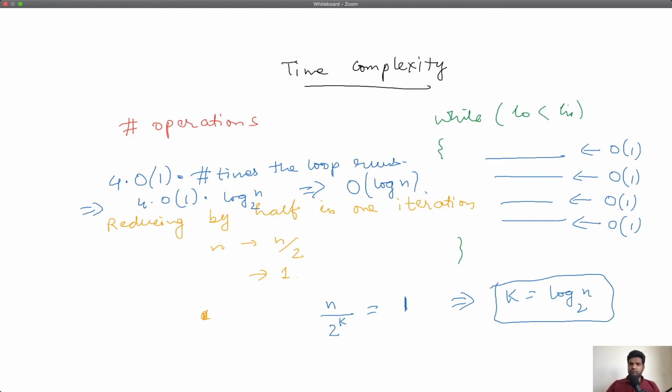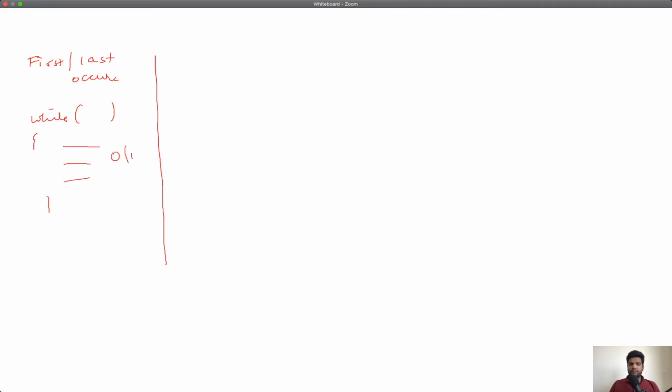And now if we go ahead and talk about the time complexities of each of the 5 questions that we did. So first question that we did was finding the first or the last occurrence of an element. There, if you see, you just had a while loop, and in the while loop you were doing order 1 operations. So the complexity of this question is order log n to the base 2 always.